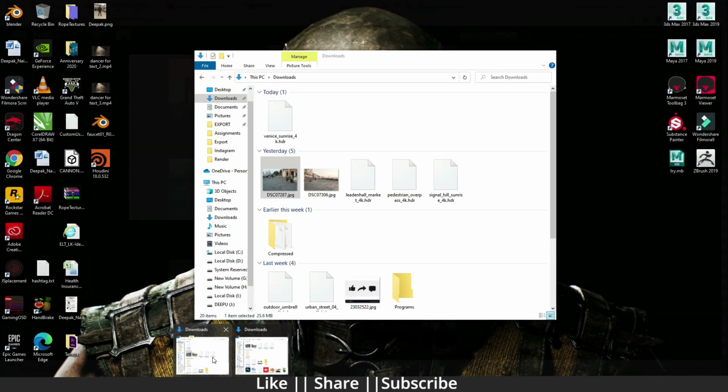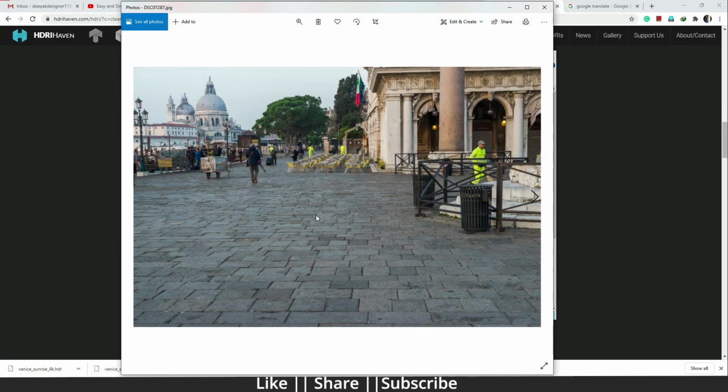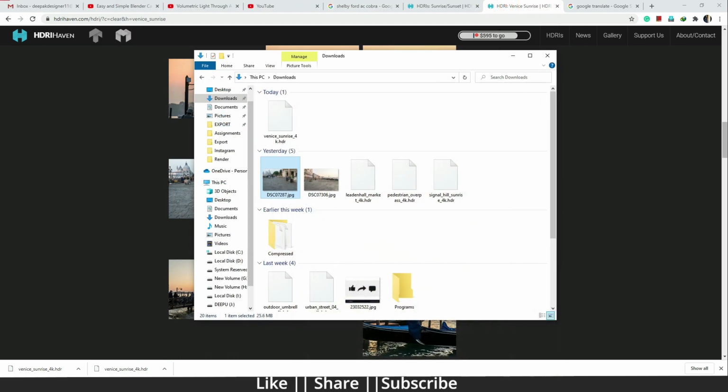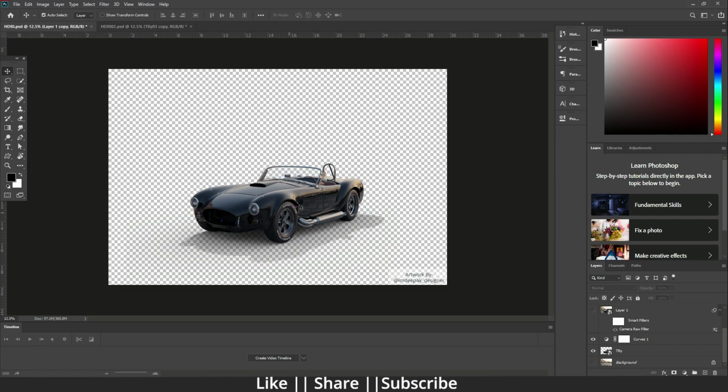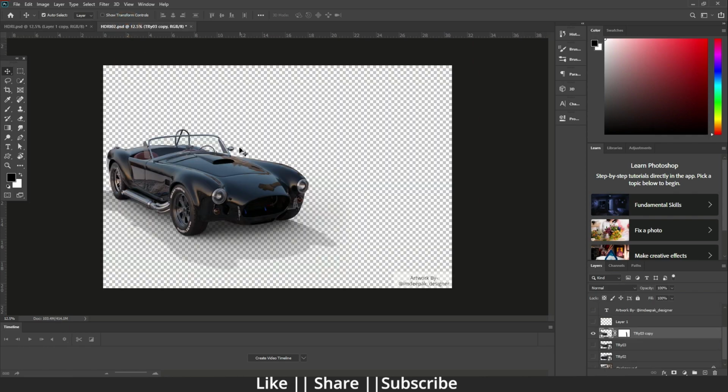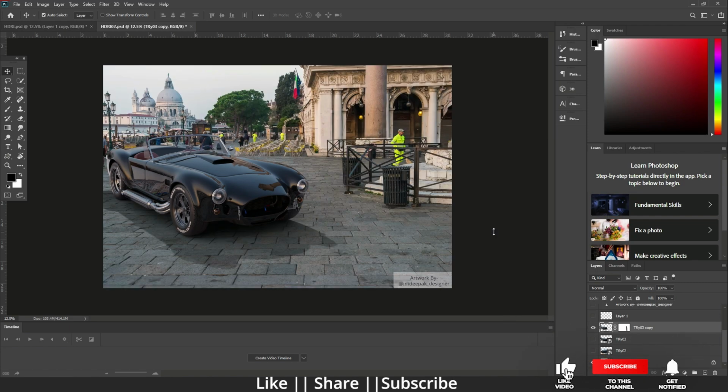These are the backplates which I have downloaded, and I have composited my model with those backplates. Here you can see that is the render which I took from Blender, that is the backplate, and that is the final output which I have done in Photoshop. And in the second render, when I enable my background, you can see how nicely it is composed with the background. So how can you do this? Now let's start the tutorial.